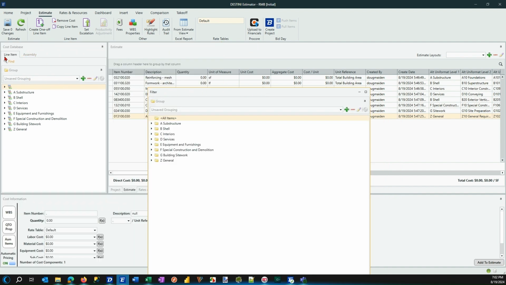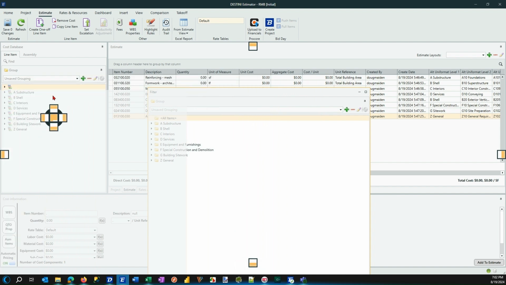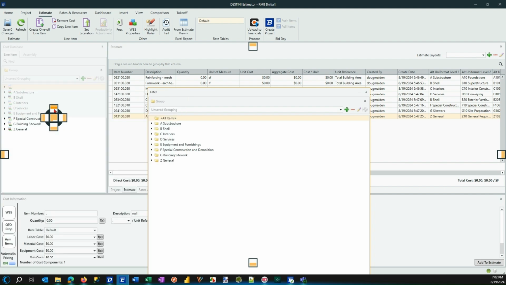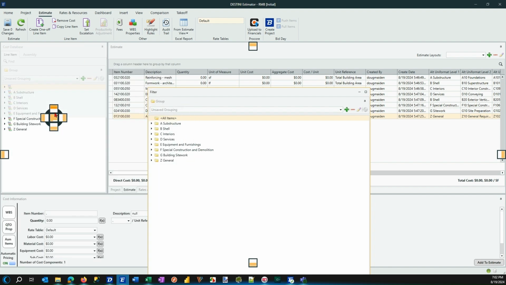you can see I want to actually place the filter view over the top of the cost database view. And watch what happens. So again, I'm going to intentionally pick up the filter view and then bring it over the top of the cost database view. And now I actually have these docking tabs that indicate where, if I was to drop it, I would then have the filter view. Now, here's a cool technique, which is the center one is going to give me a